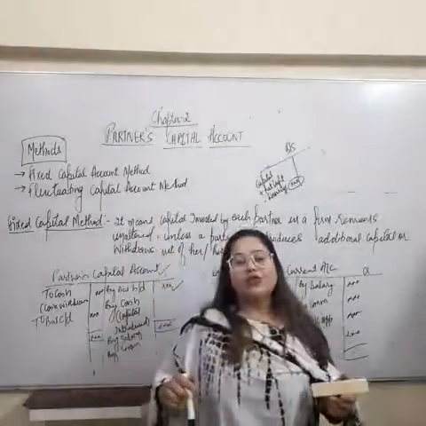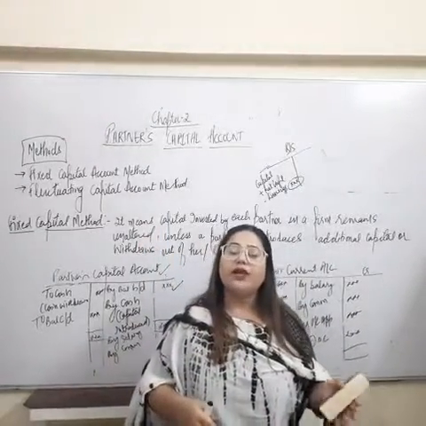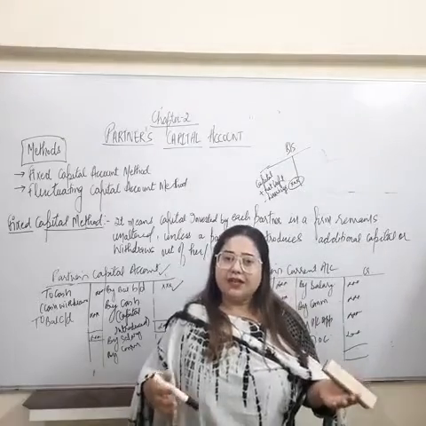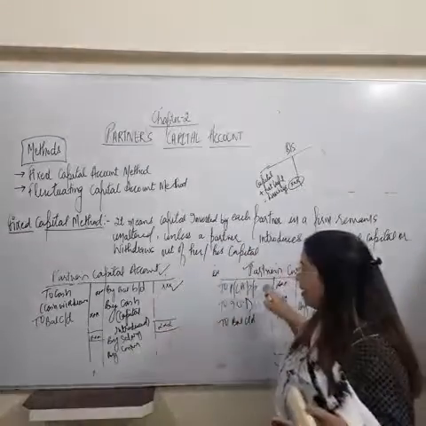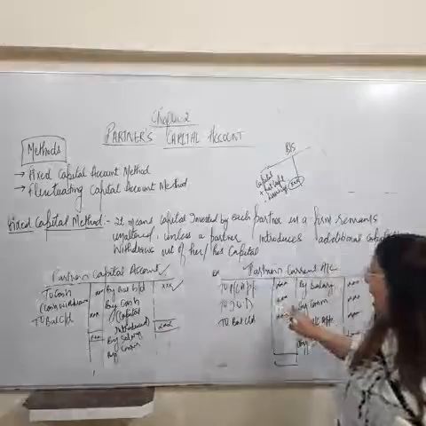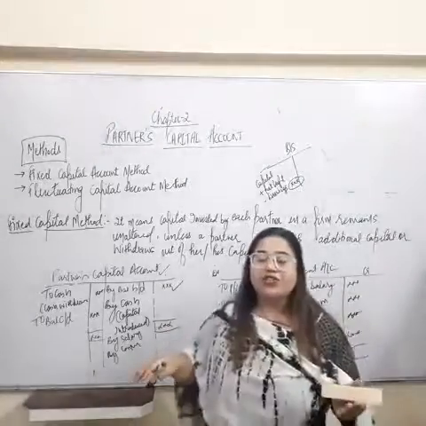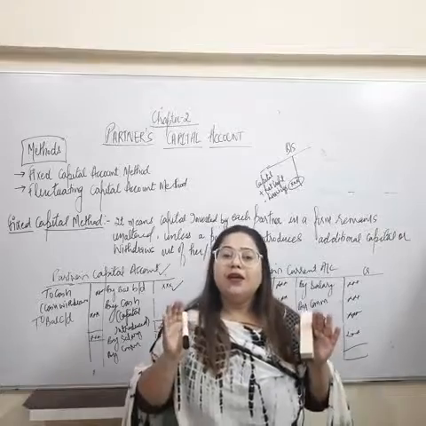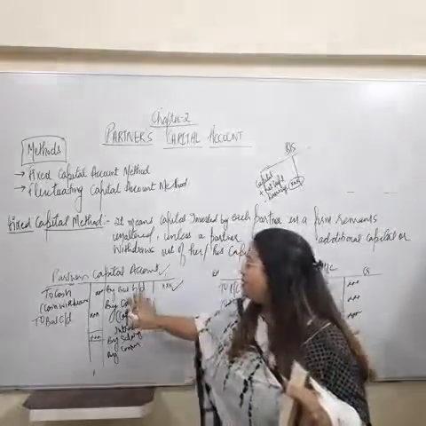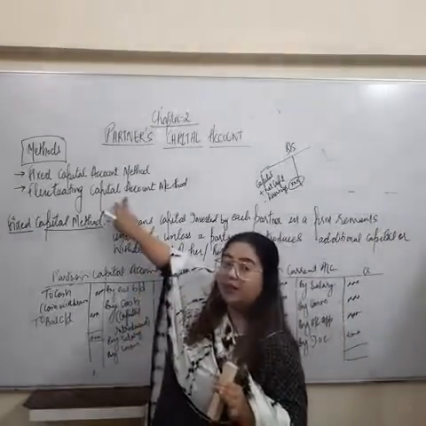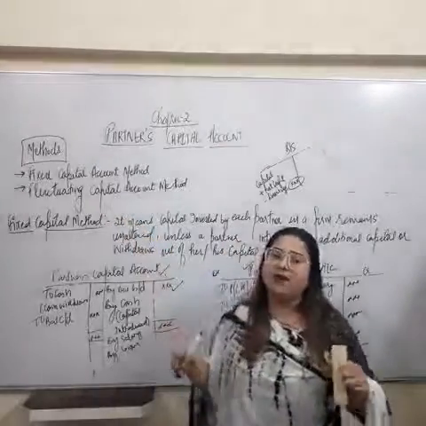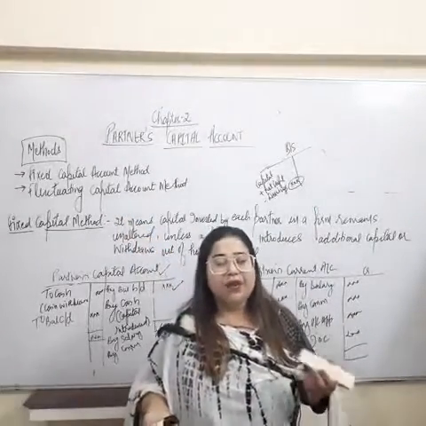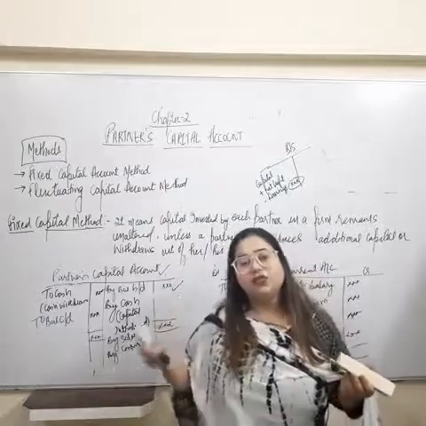So this is how you have to maintain the partners capital account according to the different situation given in the question. If the question will say that the partners are following fixed capital method, then you have to maintain two separate accounts, capital account and current account. If the question is silent related to which method you have to opt, then you always have to opt this method, the method number second, fluctuating capital method, because it will save your time, right? There is no need to maintain two separate accounts.